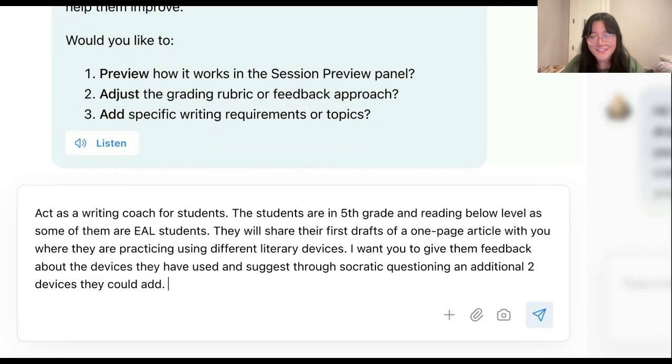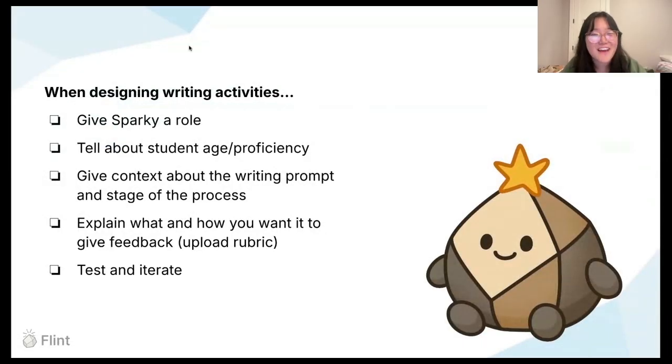So there's a lot here, but if you look back at the checklist that I tried to succinctly write, I told Sparky to act as a writing coach. So that's the role there. Telling it that the students are in 5th grade, but reading a bit below level, just out of circumstance of who they are. And then giving it the context about what the actual assignment is, and then also suggesting to